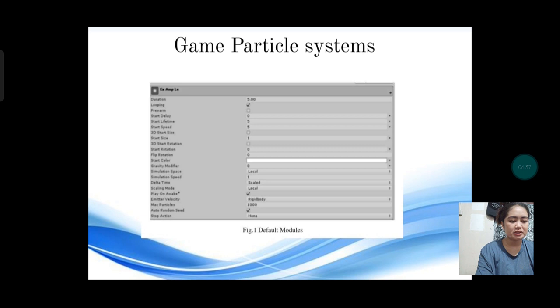Then the emission, velocity over lifetime, force over lifetime, color over lifetime, size over lifetime, and rotation over lifetime, and then the renderer and collision.